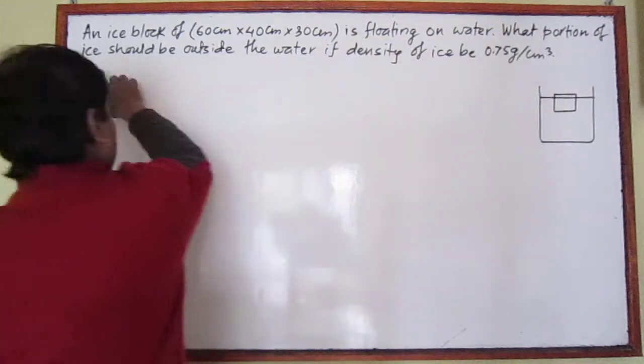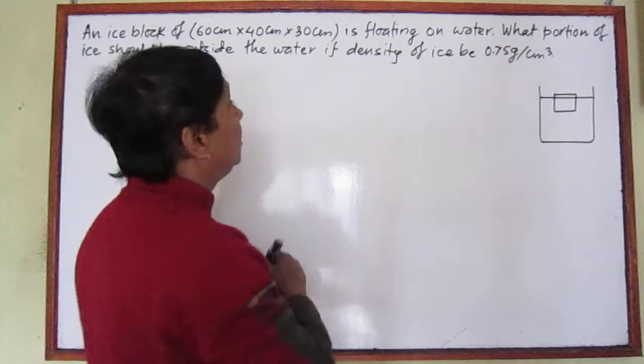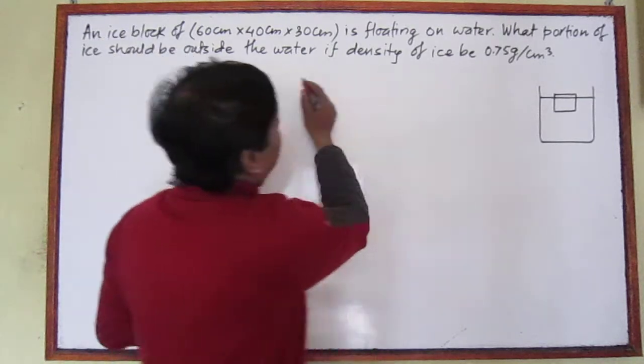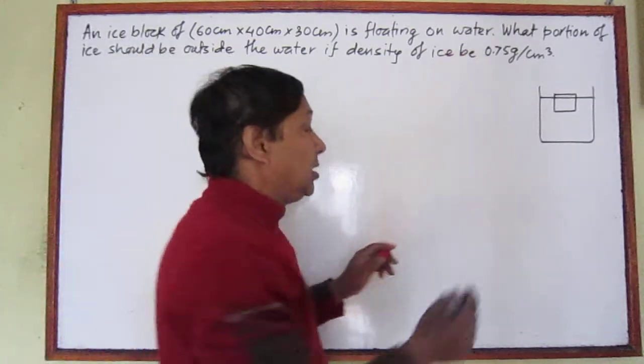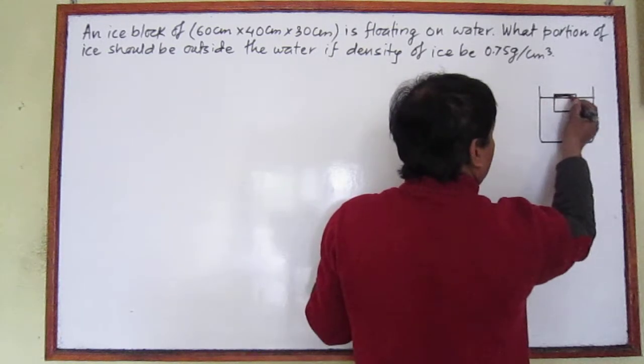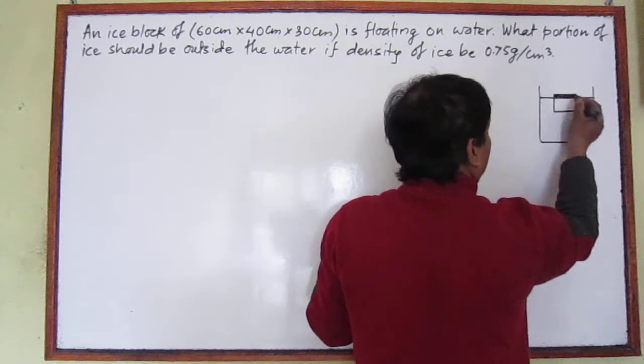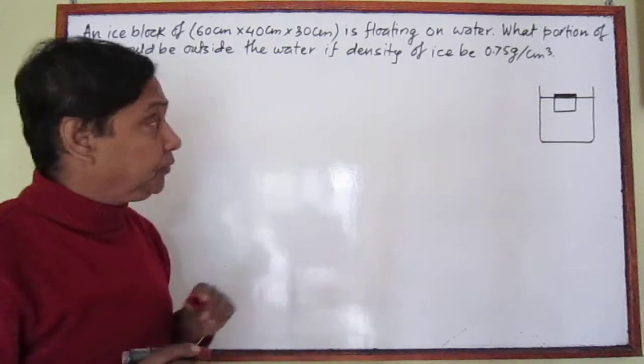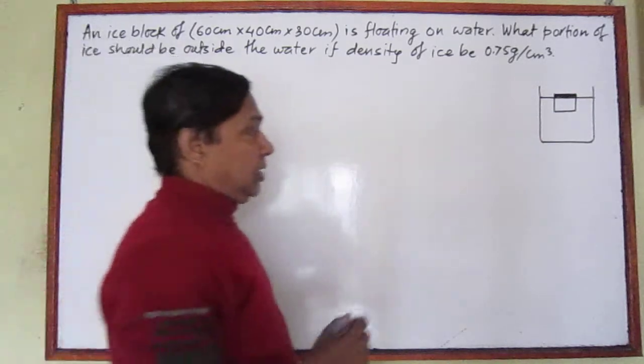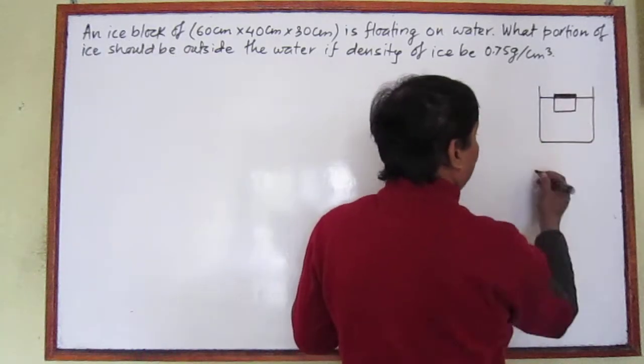What portion of the ice should be outside the water if the density of ice is this much? This is the portion of ice outside the water. We are going to calculate the portion outside the water. For this, actually, we have to know the total volume,